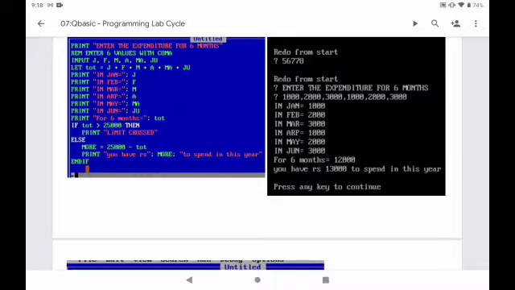And print "you have Rs.", semicolon, more, semicolon, "to spend in this year". That means you have Rs., then whatever value is stored in more will be printed there, then "to spend in this year". Then end if, you can see the last line is end if, and you can see the result